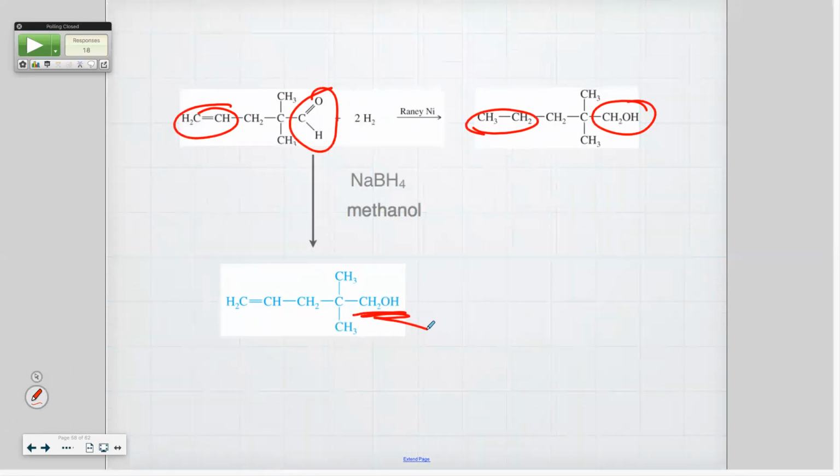Okay? And if you use a different catalyst, you could reduce only the double bond and not the carbonyl. So you can do almost everything. For whatever reason, your book didn't tell you about that. But if you took this and used hydrogen and just plain old platinum, you'd probably get